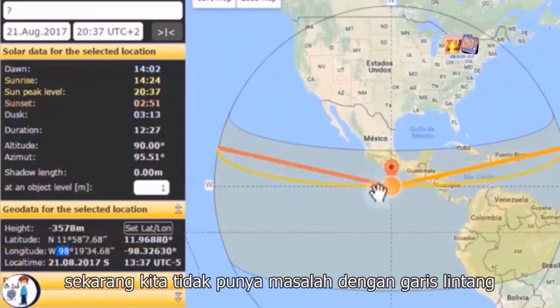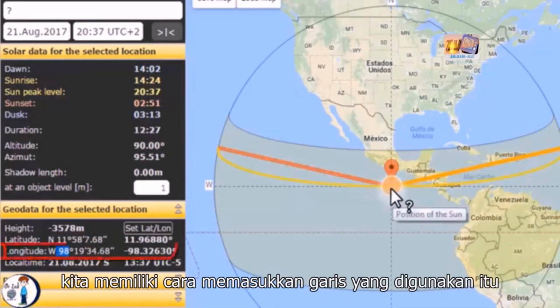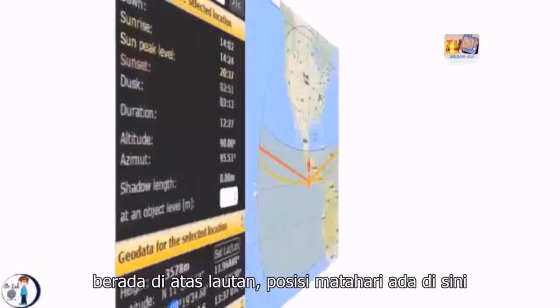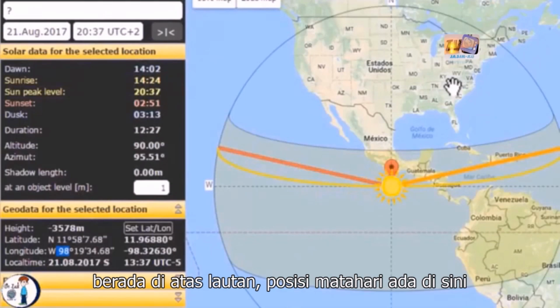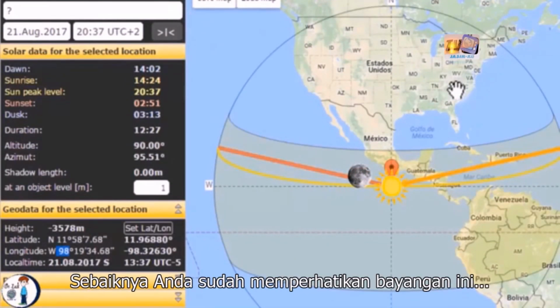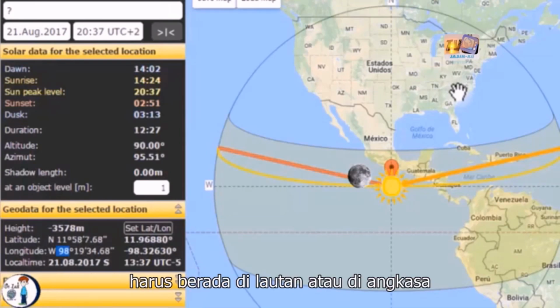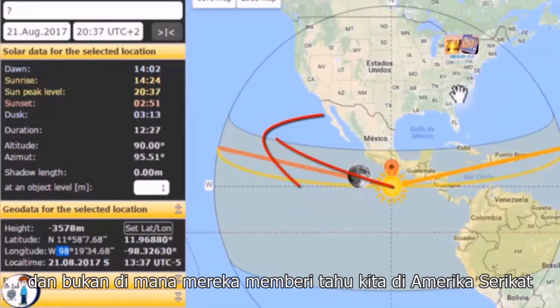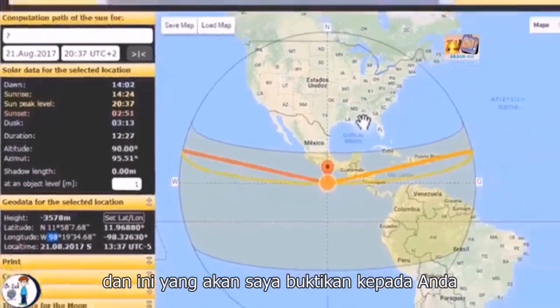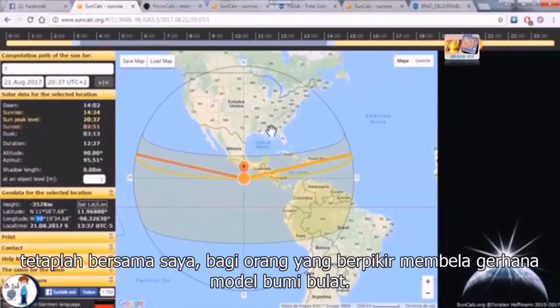Now, we don't have a problem with the latitude line. We have it with the longitude line. As you can see, the moon is many degrees behind the sun on the ocean. The sun is here and the moon is here. So without using AutoCAD, you should already notice that the shadow should be cast on the ocean or in space and not where they tell us on the United States. And this is what I'm going to prove to you. Just stay with me. So to the people who think that the globe model predicts the eclipse,